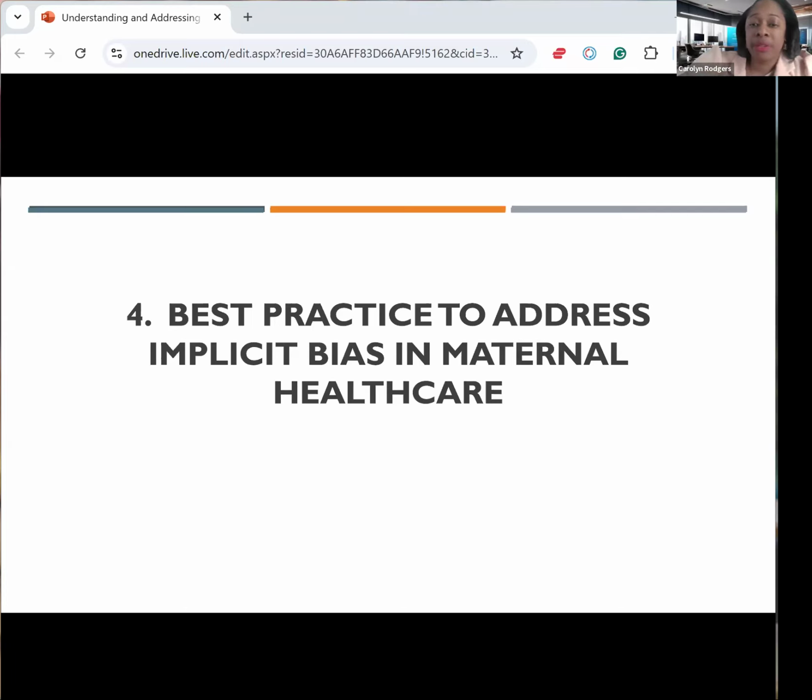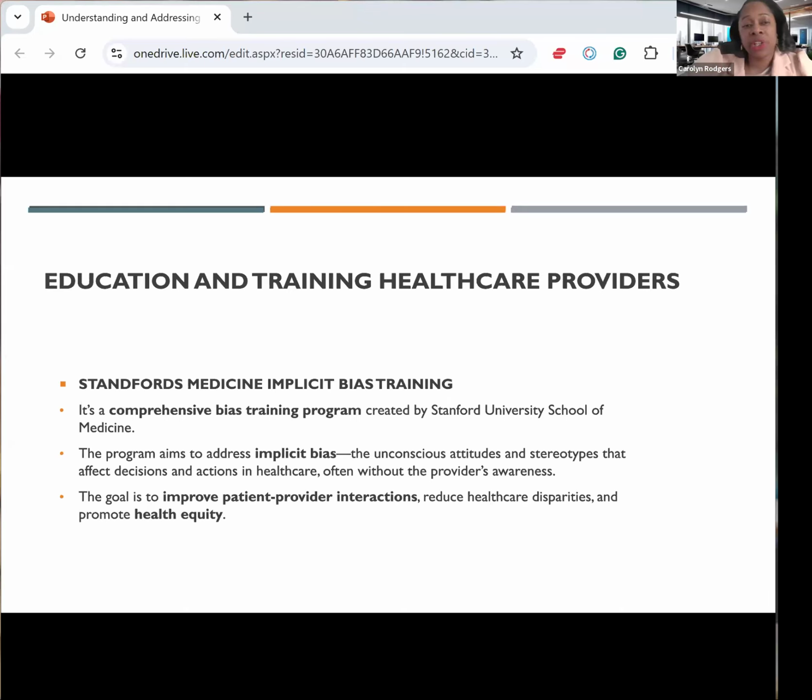Ensure that healthcare practices are inclusive and respectful of diverse cultural backgrounds. Okay, that's very important. And of course, last but not least, involving community members in co-designing these services and policies. Always need to have them at the table because they are stakeholders. Education and